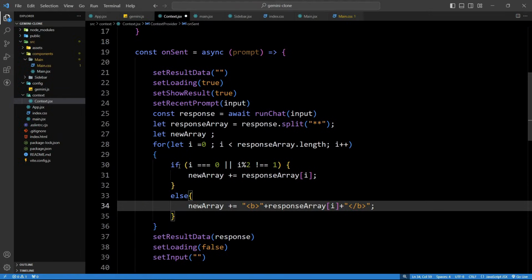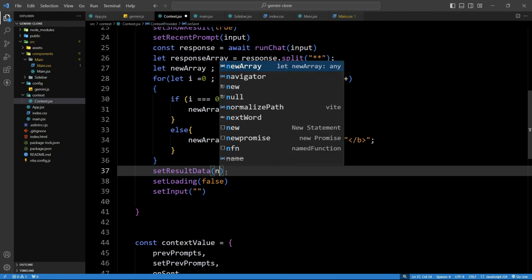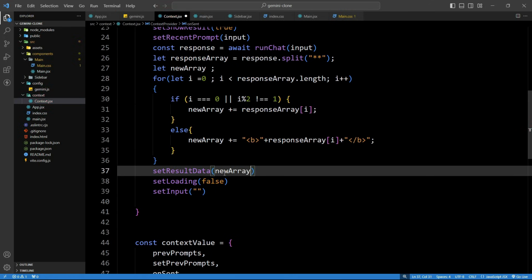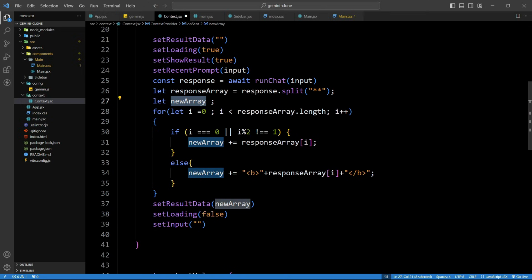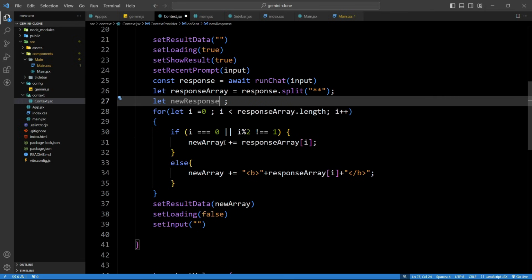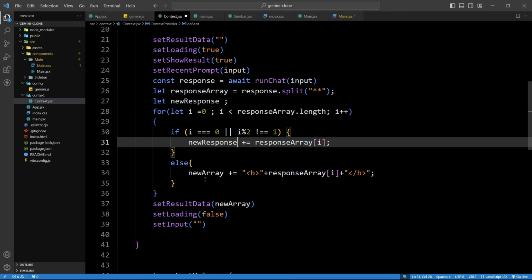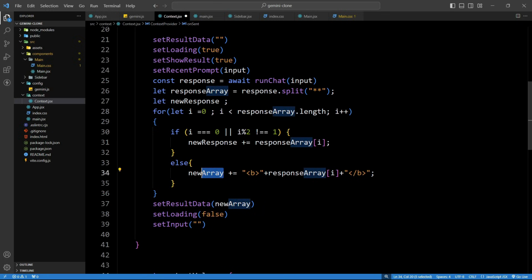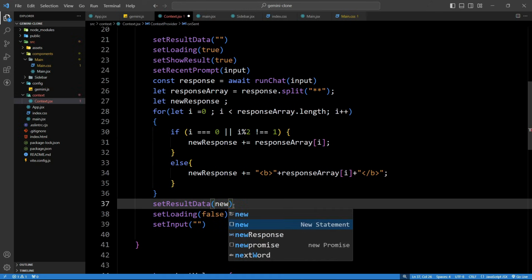After that, instead of this response, we will provide new array. So it will be a string. In that case, we will rename it with another name. So let's add new response. Here also we will update new response, and in the else statement also new response. After that, in set result data we will provide new response